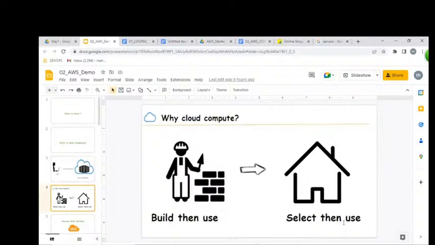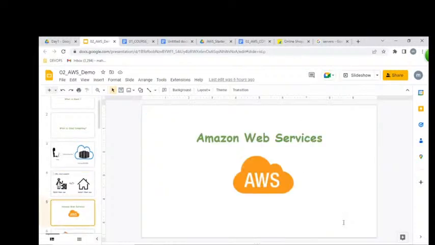But we are going to learn AWS, Amazon Web Services. Any cloud is the same, but the providers are different. Which cloud provider are we going to learn, guys? AWS, Amazon Web Services.